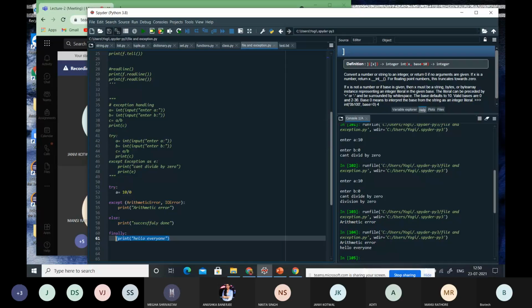Okay. This is all about your exceptions. Then you can perform different types of examples over the exceptions. You can also design user defined exceptions. Okay. This is all about the basic syllabus related to Python till file handling. After that, there are many more concepts. Python is a very vast subject, or a vast area we can say.